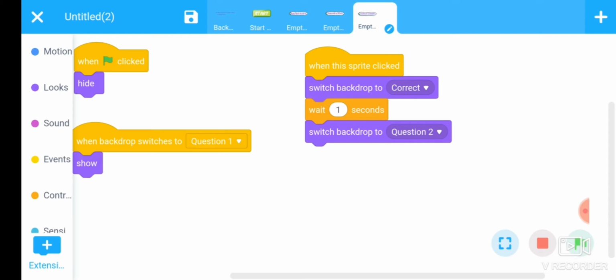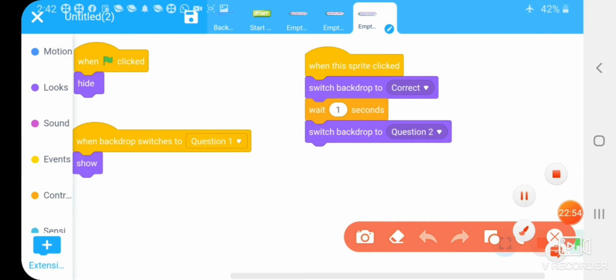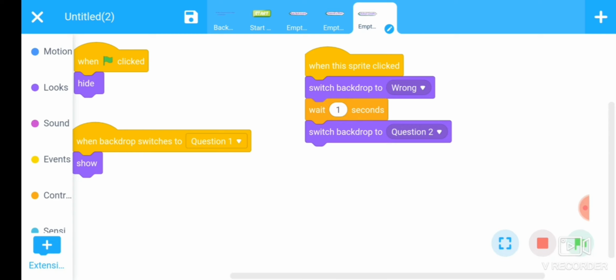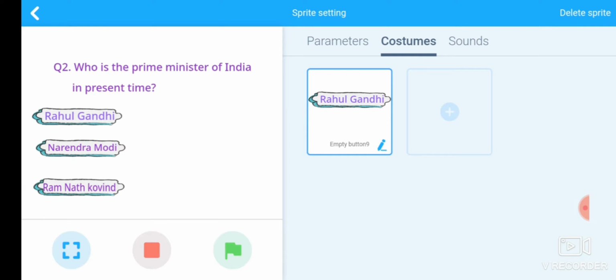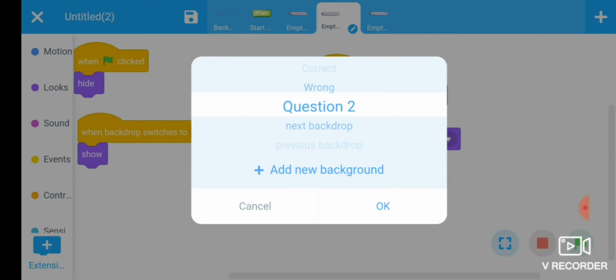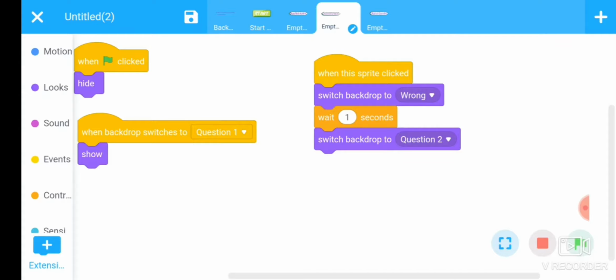For this we will make a small modification in this code. Replace correct with wrong. Choose here the wrong backdrop. Also choose here the wrong backdrop.